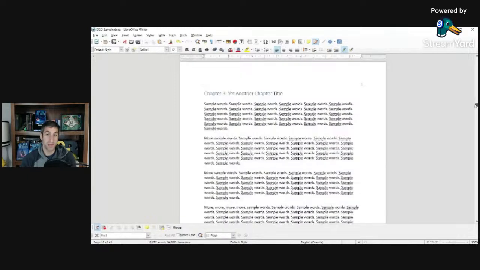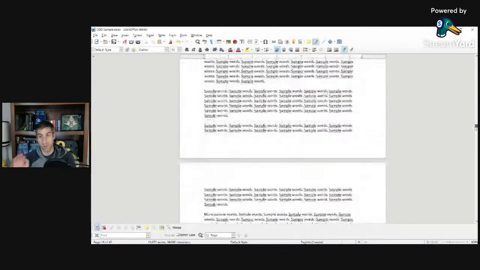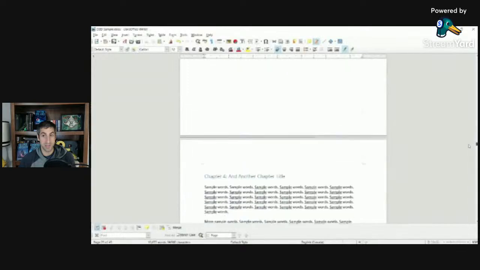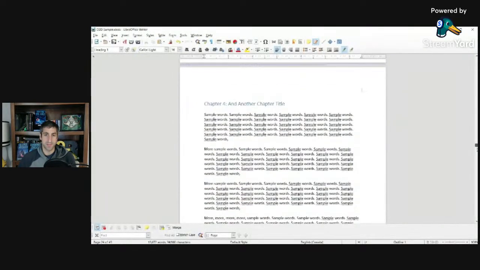And then chapters 3 through 7, pretty straightforward stuff. More text, more titles. I'm just going to speed right through them. The only thing to note is that the table of contents only included 5 numbered chapters. And since that page will be ignored by Reedsy anyways, we don't really need to worry about any inconsistencies.